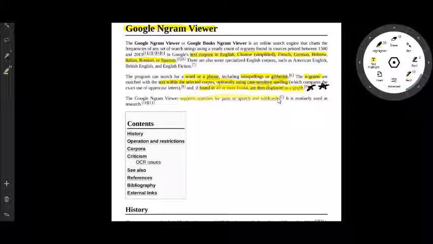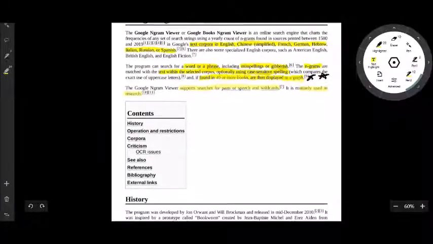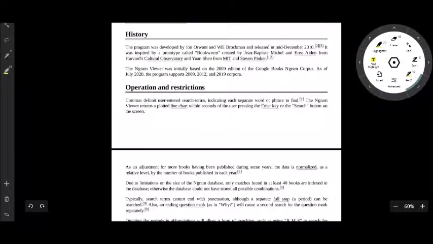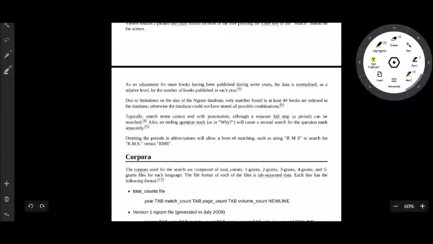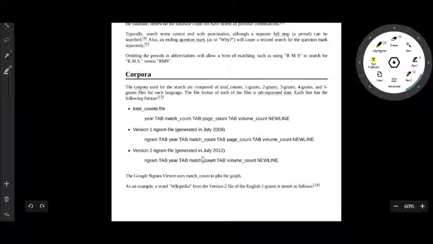The Google Ngram Viewer supports searches for parts of speech and wildcards. Now, if you are trained in Montessori school education, or come from a Department of Education, you will understand the importance of flashcards or wildcards. These are different kinds of things. Thanks to Google for giving so much importance to this.